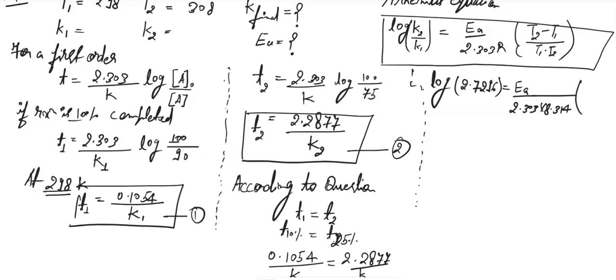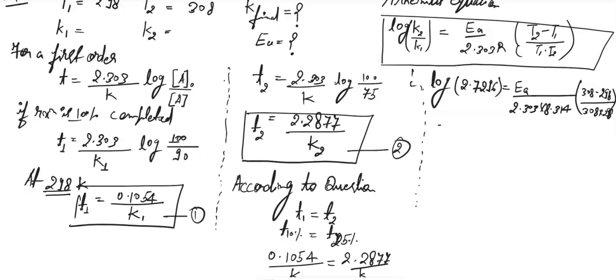Now T2 minus T1 upon T1 into T2. The final temperature is 308, the initial temperature is 298 Kelvin. Let me write it again here. This is your 298 Kelvin, upon multiplying 308 into 298. Now just do this calculation, and whenever you take the value of this log,